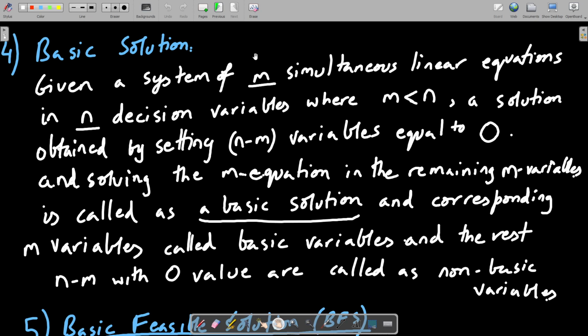What happens when you have more variables than the number of equations? How do you proceed? We'll get infinite solutions, that at least all are sure, no? No. Okay, if your number of variables is more than the number of equations, you get infinite solutions. How do you find the solutions?